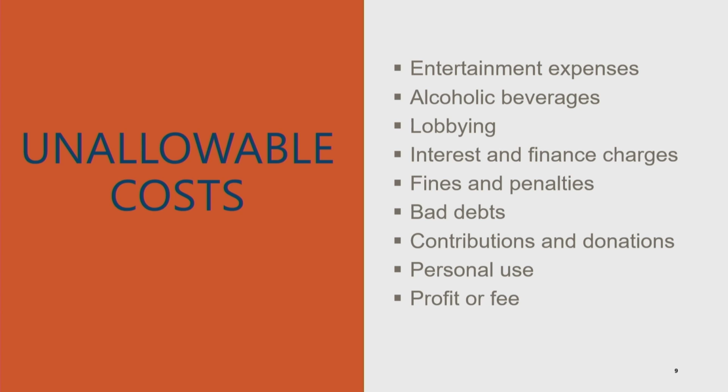So now that we've talked about allowable and reasonable costs, I think it's important to also discuss unallowable costs. Unallowable costs are expenses that cannot be charged to a grant or cooperative agreement because they are deemed inappropriate, unallowable, and not directly related to the project's objectives. These costs may include costs related to entertainment and social activities, the purchase of alcoholic beverages, costs associated with lobbying, interest on borrowed capital finance charges,